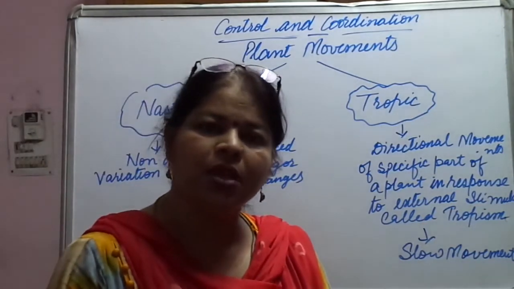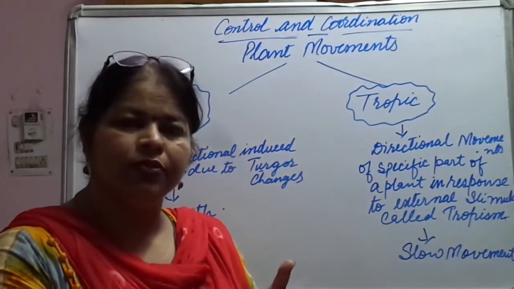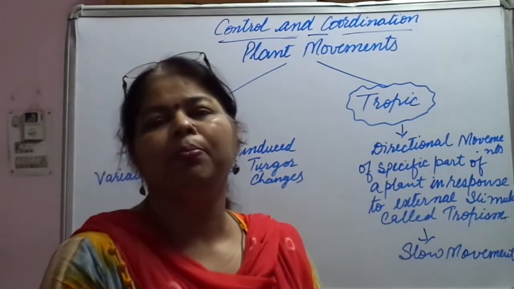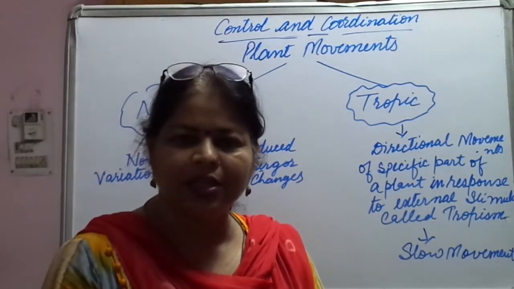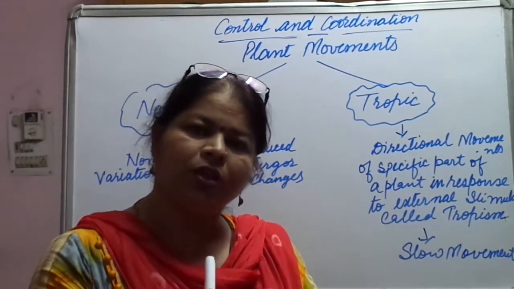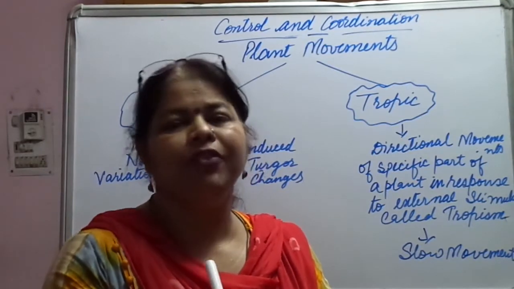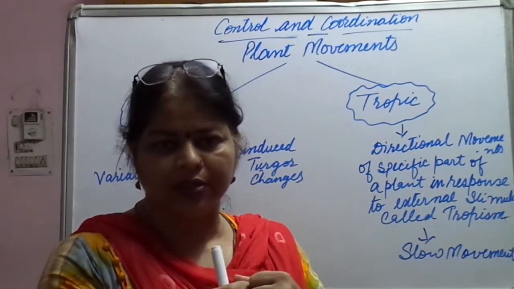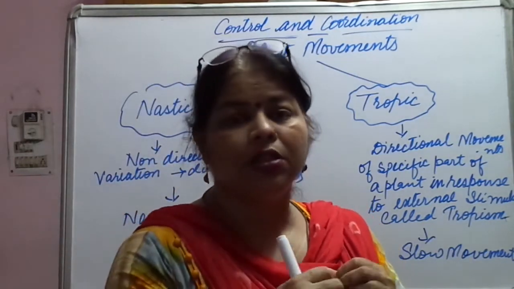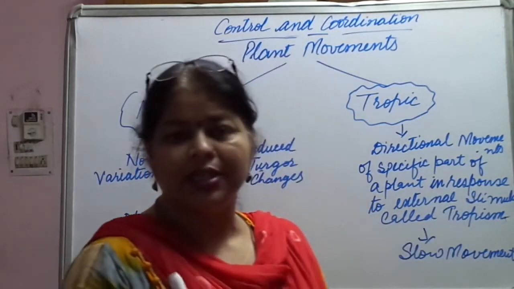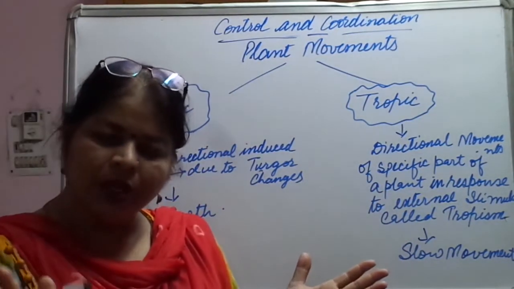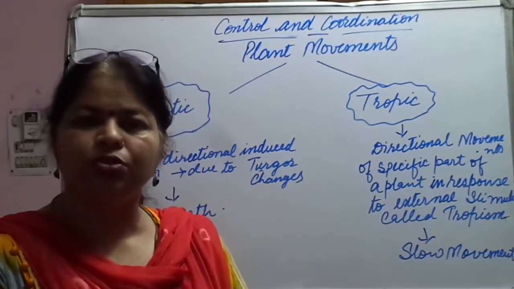Okay, how does it happen? As soon as you touch the leaves, the water from the leaves is sent to the nearby parts of the plant. As a result, the turgidity is lost and the leaves of the plant wilt down. Okay, they curl inside. After some time, this sensation is over. What happens? The water is again sent to the leaves and as a result, it again becomes turgid and the leaves are spread. But if you touch it again, it is going to show the same.